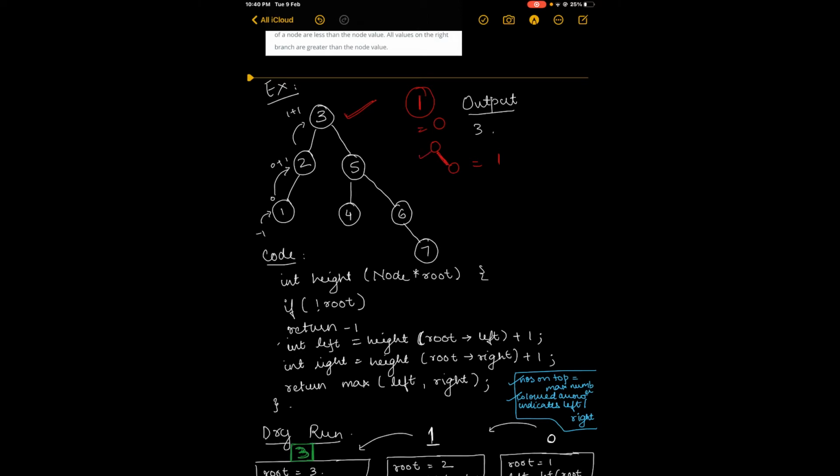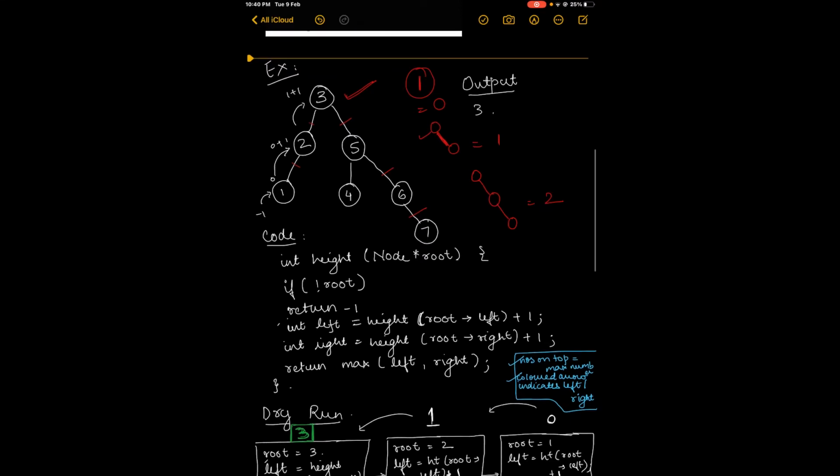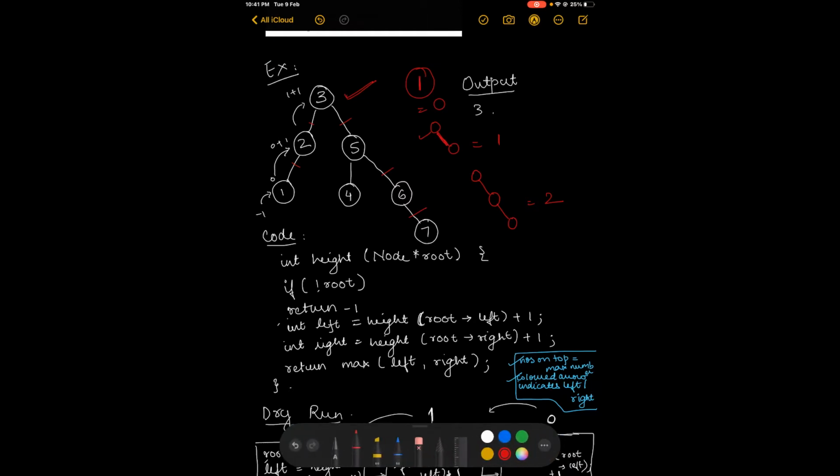That is, this example here has one edge, that is one line in between. Similarly, something like this has two edges, so the height is equal to 2. Now in this example, this has three edges, that is 1, 2 and 3. So I have to return the maximum height possible. From the right side it's 3 and from the left side it's 2. So the maximum here is 3 and that will be our height.